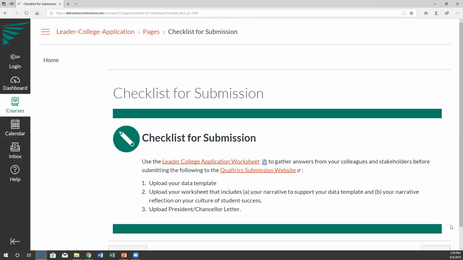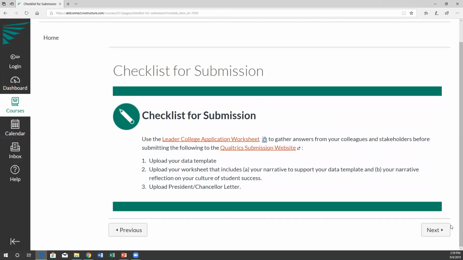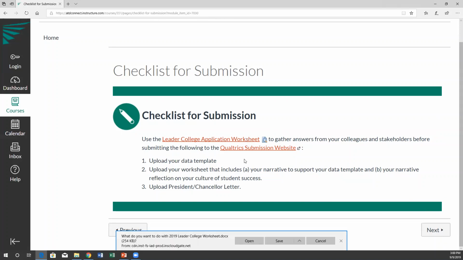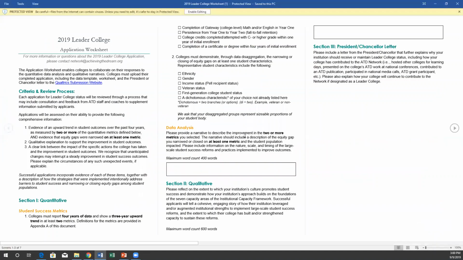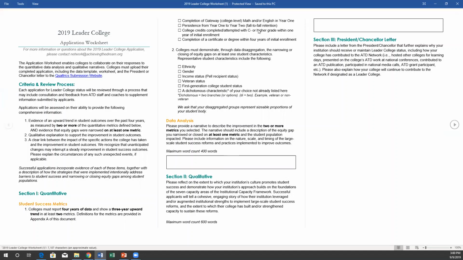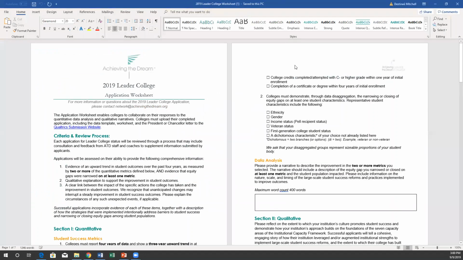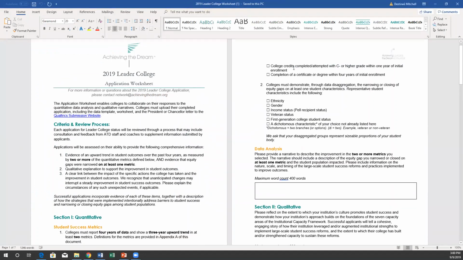On the introduction page and here, we've provided links to download the Leader College application worksheet. So why don't we click on that worksheet and take a look at it now. Okay, so as you will see, this worksheet contains the same information we have covered in ATD Connect.